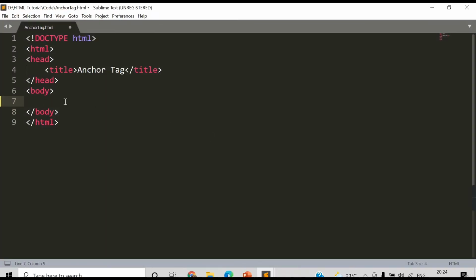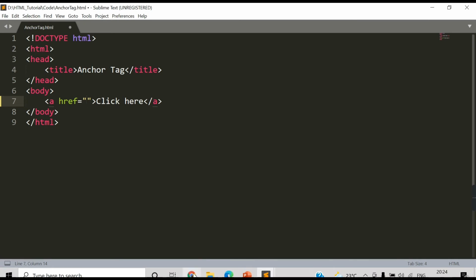So this is our HTML file. Let's give the anchor tag. See, this is the necessary attribute href which you need to provide. Let's say I provide the content here, click here. I need to provide the value which will be navigated to when I click on this click here link.